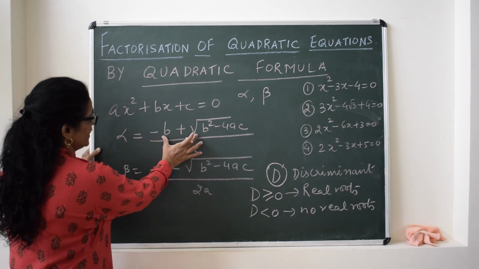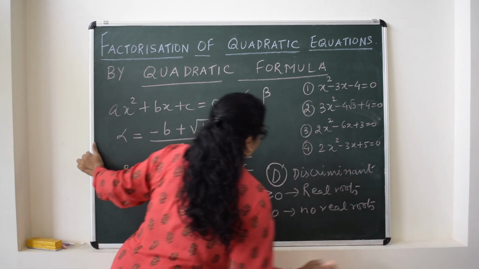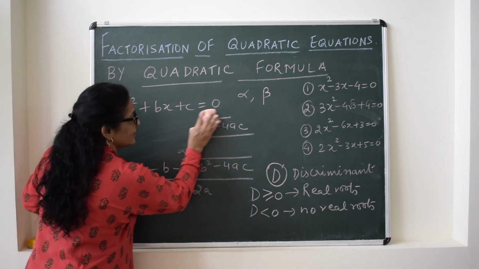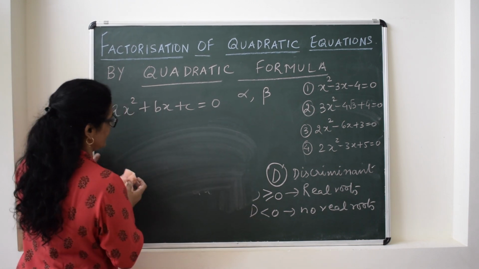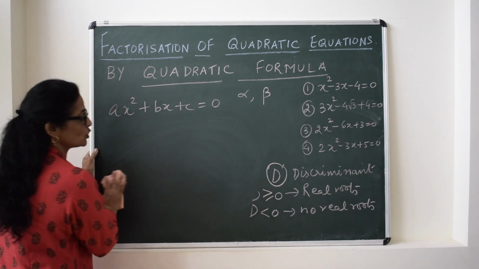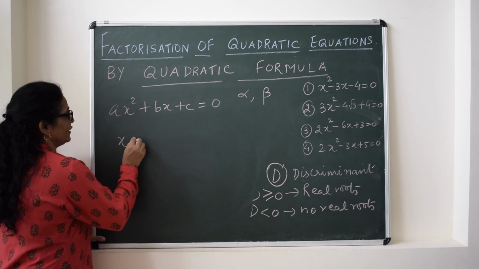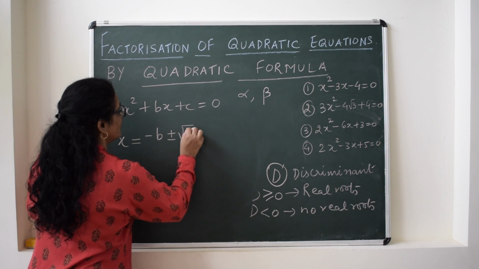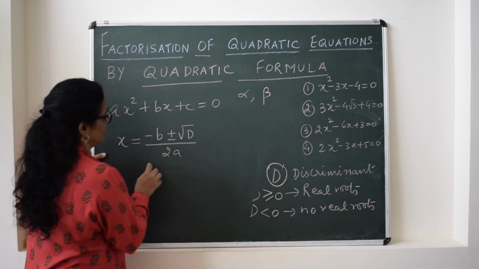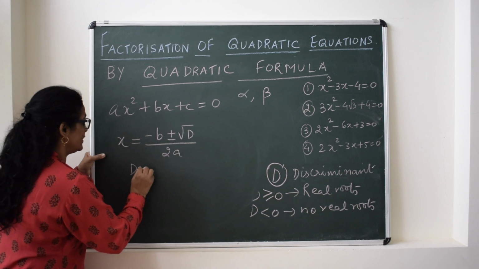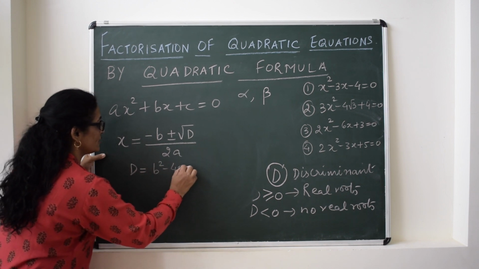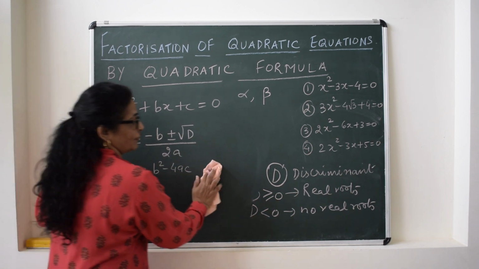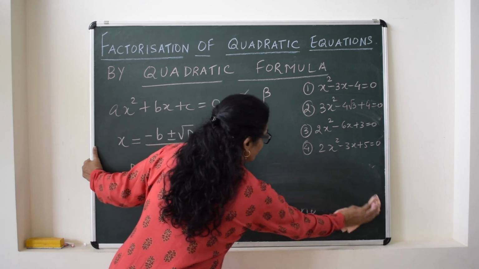And when we see the formula directly, if we combine, we can say that the value of x, since it's a quadratic equation, so we are going to get two values. We can simply say x is equal to minus b plus minus under root of D upon 2a. This is the short form, where D is equal to b square minus 4ac. Now, when the equation is given, first we will check D and we will find the roots.